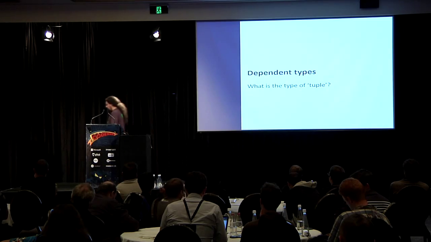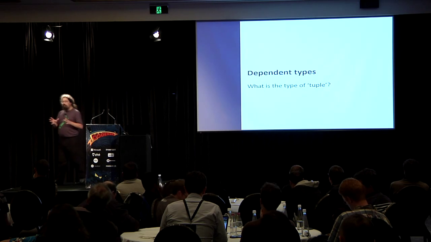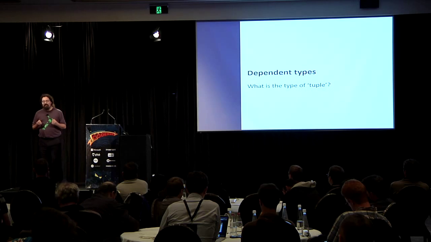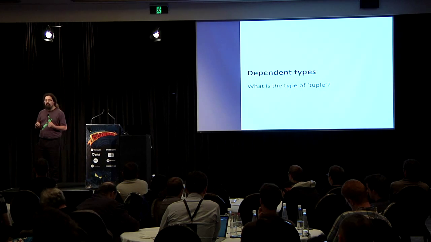All right, I'm going to begin to move off a little bit from what we're seeing in current languages now into some stuff that's a little bit more theoretical, a little bit more computer sciencey, but we're still talking about things that are available now. So with type providers, we're moving close to an area called dependent types. And the concept of a dependent type is pretty much what it says on the tin. It's a type that depends on a value.